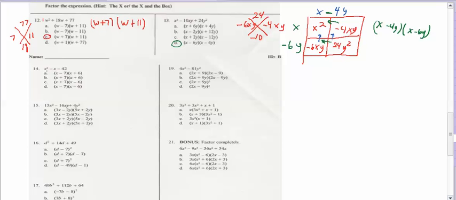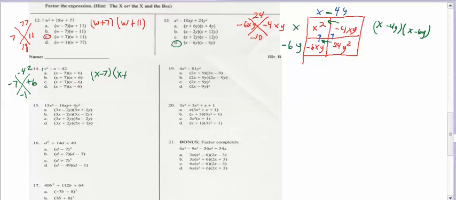14, is there anything that I can take out? No. Do I need to use the box? No, I can just use x because it doesn't have 2 variables, it's just 1, and there's a 1 right here. So I have negative 42 and a negative 1. So 1's negative, 1's positive, and it's going to be 7 and 6. I need to make sure I choose the right one to be negative, so it's positive 7, or negative 7, positive 6. And so then I have x minus 7